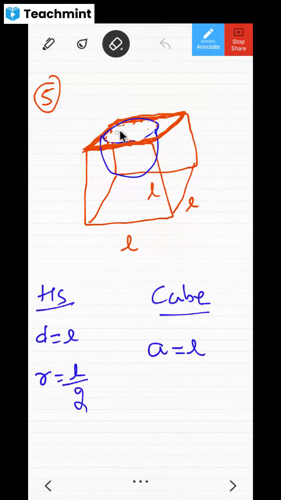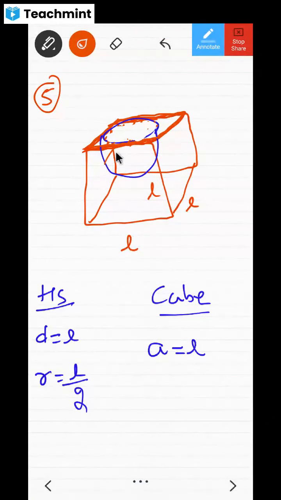Now, don't you think that this hemisphere has gone inside and there is some area here also? I mean, this is also surface area, no? You can put your hand like this, and your hand will move. That is also one surface area or not? Here, whatever it has moved, this is one surface area or not? So what is this? Don't you think this is the curved surface area of the hemisphere?